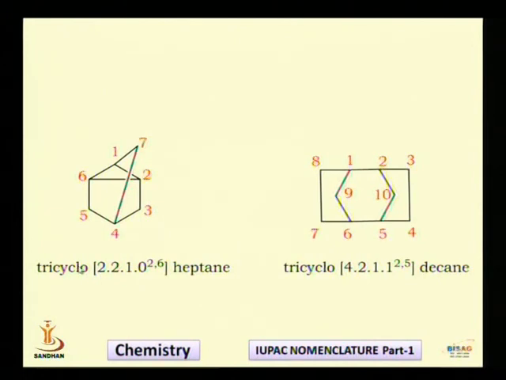So again I repeat that the system is tricyclic, so I have written the prefix tricyclo. I gave the numbering and counted the number in the first half cycle, and it is 2. I counted the number of carbon atoms in the second half cycle, it is 2. So again I wrote 2, and I counted the number of carbon atoms on principal bridge, so it is 1. So 2, 2, 1. This is the first half cycle number, this is the second half cycle number, and this is the figure coming out from principal bridge.